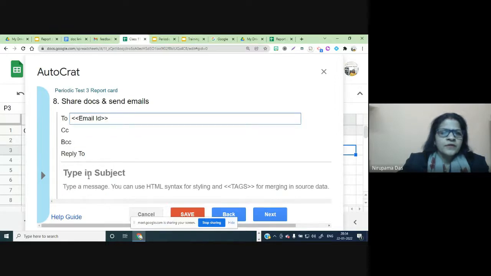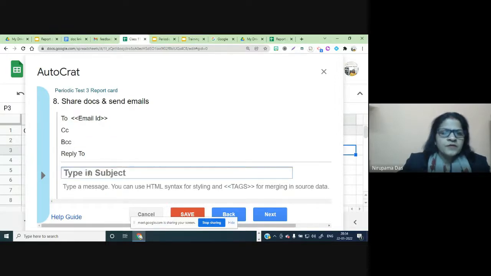Then type in the subject. The subject will again be the name of the student, then report card.